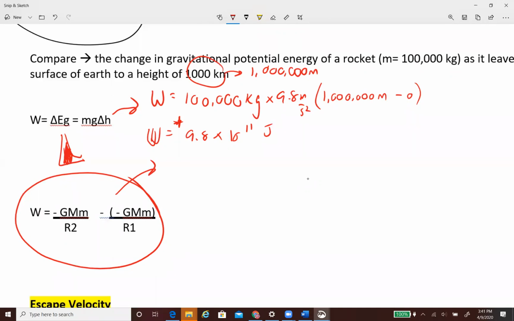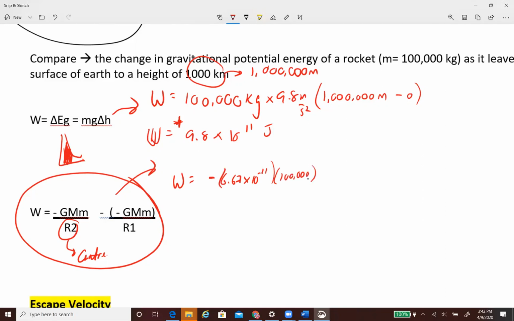So R2 is 1,000 kilometers, but it's not 1,000 kilometers. It's actually 1,000 kilometers plus the distance to the center of the Earth. Here's the big difference between these two concepts. One is we need to consider this relative to the center. Okay, so when we set it up, the change in energy is going to be negative the universal law of gravitation, so 6.67 times 10 to the negative 11, okay, times the mass of the rocket, which is 100,000, okay,